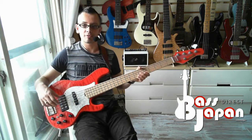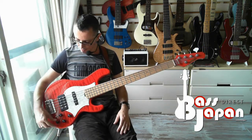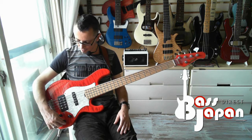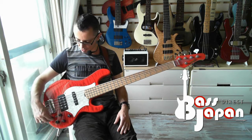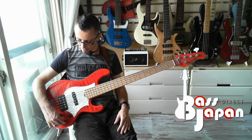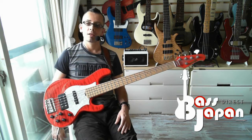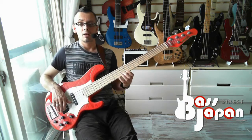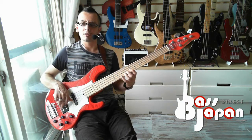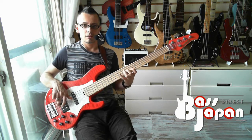There's no active or passive, no preamp bypass switch on this. But you don't have a passive master tone or anything like that, so it's a constantly active instrument, which is fine. I think on the higher end version you can bypass the preamp, but